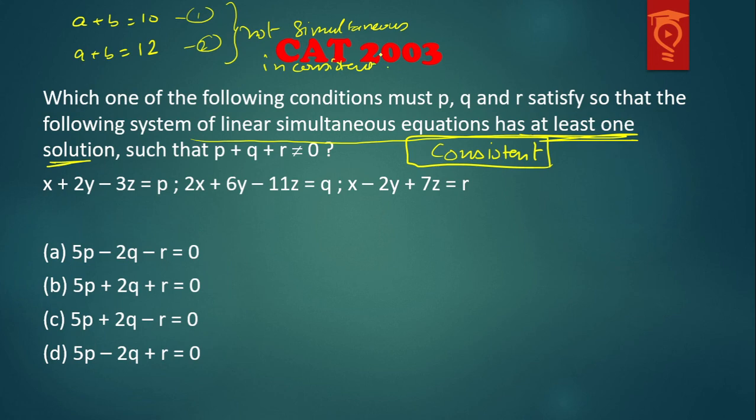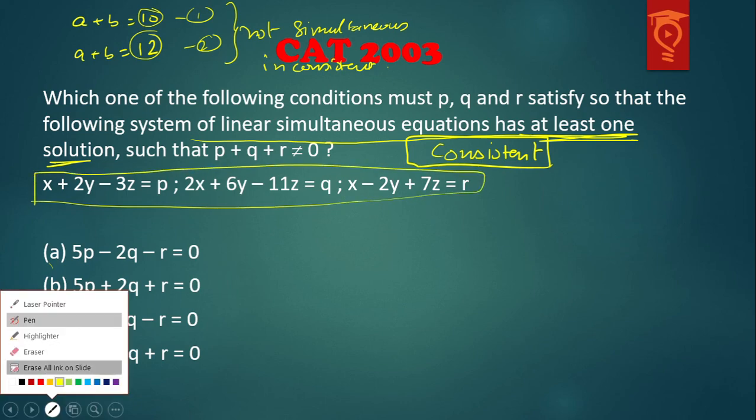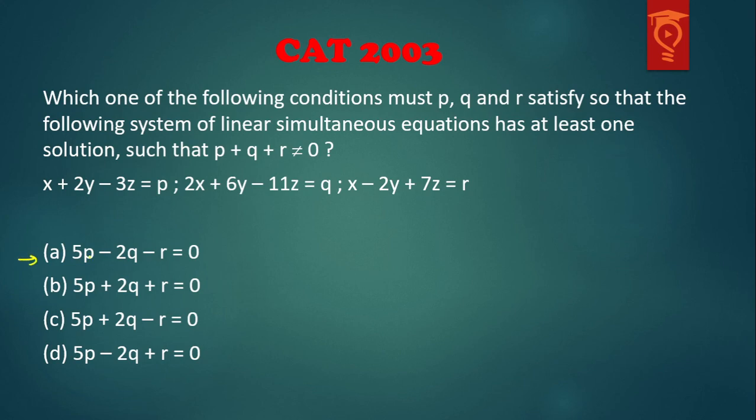Otherwise, something would have worked, like 6 times the first equation is equal to 5 times the second equation, but it is not so. So here, if the equations are consistent, one of these options will work out with these equations and will get us our answer. Okay, so let me try the first option, 5p. I will work out one by one with each variable. So 5p implies for x, it will be 5x minus 2q, that would mean minus 4x, and minus r, that would mean minus 1. Does it become 0?